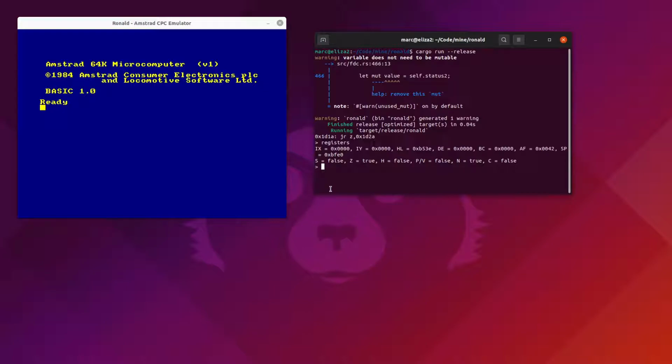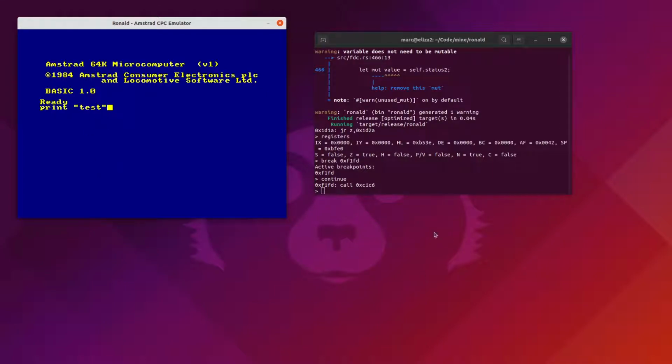debug something specific. For example, let's imagine we want to debug the BASIC print statement. We can set a breakpoint. And this sets a breakpoint at the address of the BASIC print statement. So if we now continue the emulation, and use the print statement, print test,